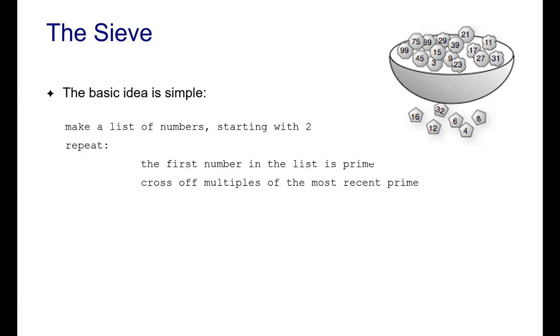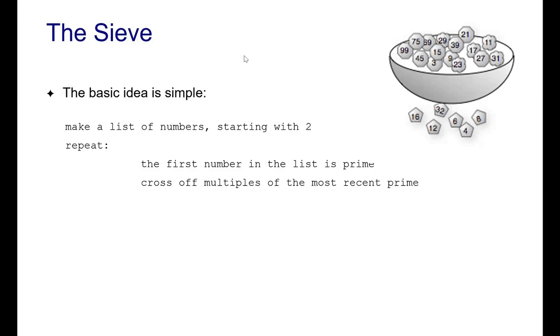It is named after a Greek mathematician. The name of the mathematician is Eratosthenes. This is an efficient algorithm and the simplest one to find all the prime numbers up to a given limit.